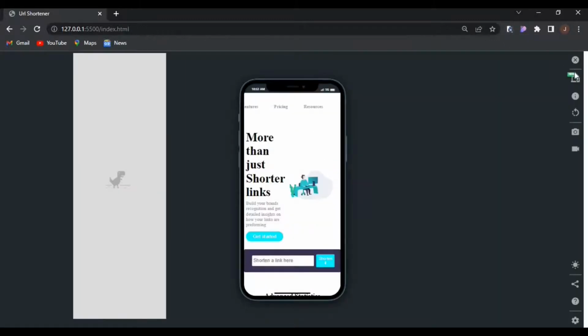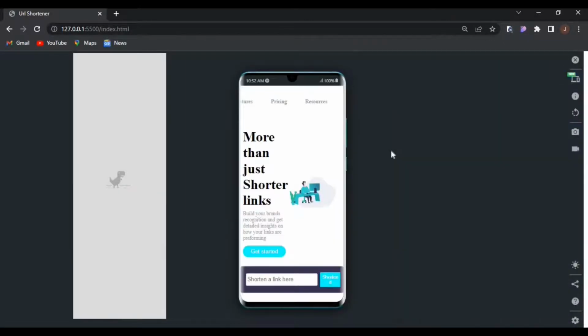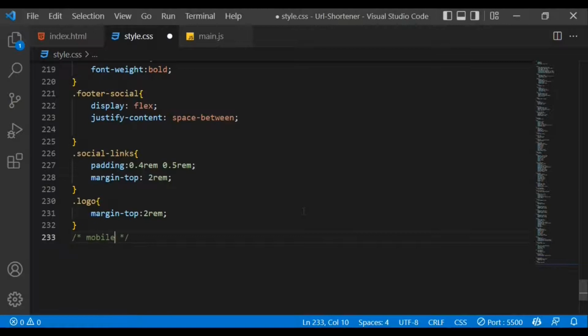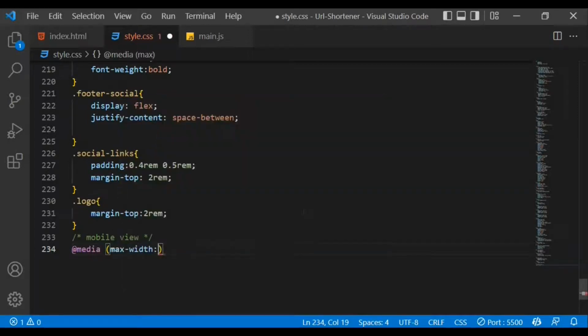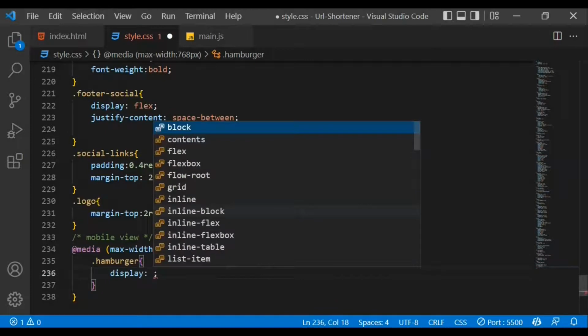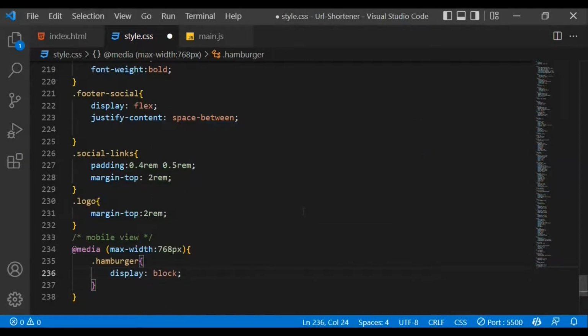So let's start with the responsiveness. So on the mobile device, it's not looking that good. So let's start with the mobile device. So at media, and specify the breakpoint. So let's set the max width to 768 pixels. So we take the hamburger and display block, and also we take the bar, first bar, and apply some styling to it